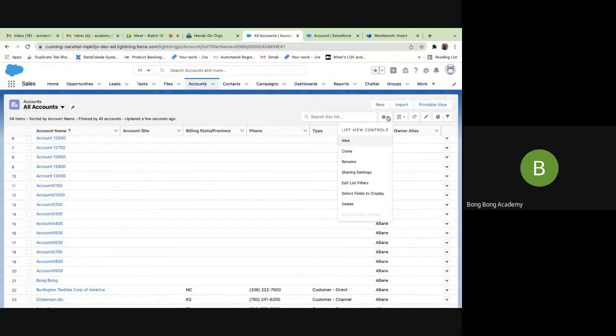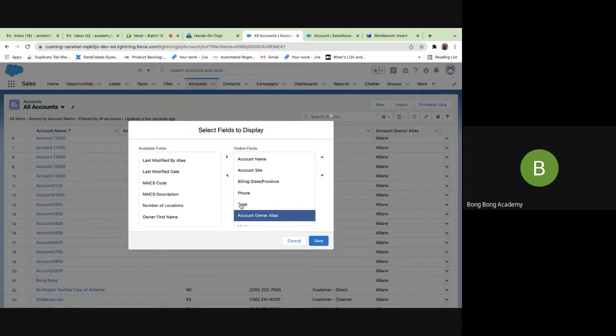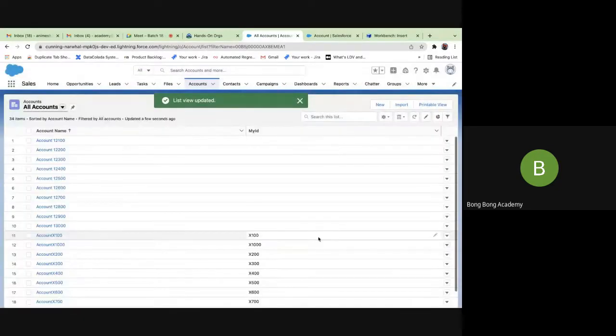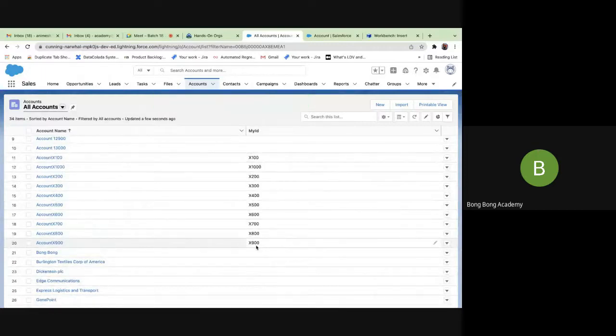And if I see the fields to display, you see my ID is also available here. You see, these accounts have my ID filled up, isn't it?